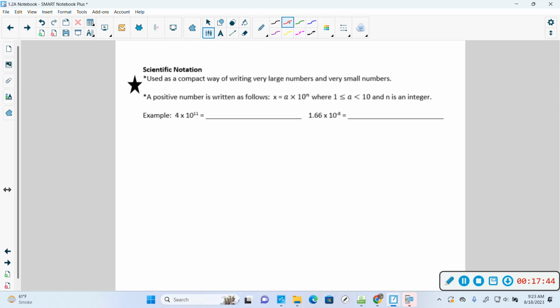Now, rules or reminders on scientific notation. This first number, which they're just using a right here for a little variable to hold the place, has to be between 1 and 10. So just be conscientious of that. So what they're referencing, the 4 has to be between 1 and 10. 1.66, obviously between 1 and 10. Okay, so I don't know why I picked 11. I regret it. So if we pick 11 decimal places. So remember, your decimal technically right now is right here. I try to fill it in on the right side of 4. When you are doing times 10 to the 11, Lord help us, that moves the decimal place 11 places to the right. Regret 11, hardcore. So we're going to end up with a lot of zeros